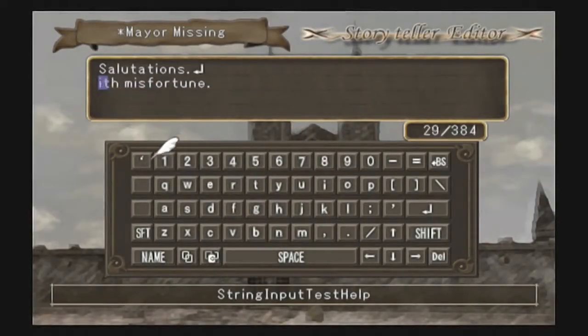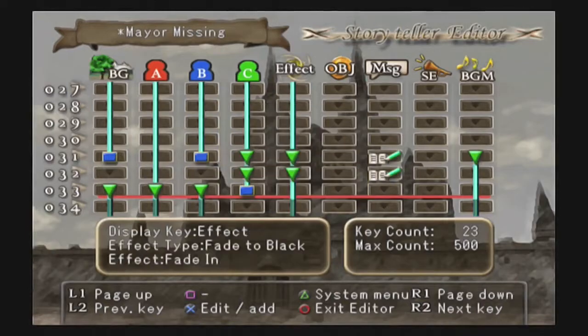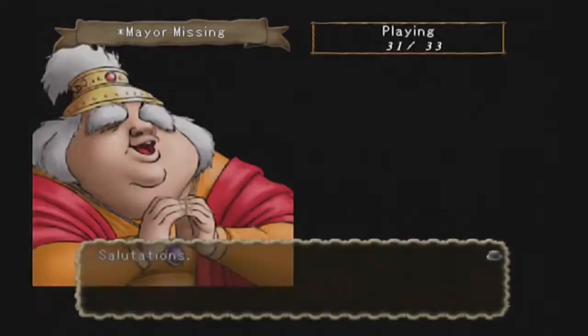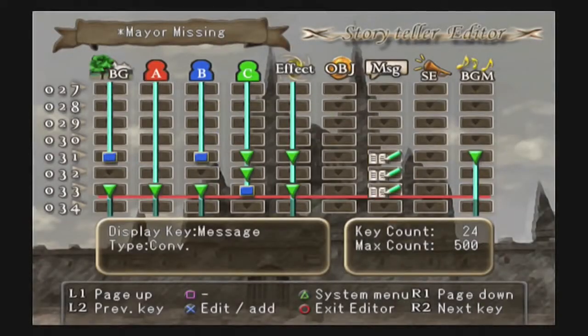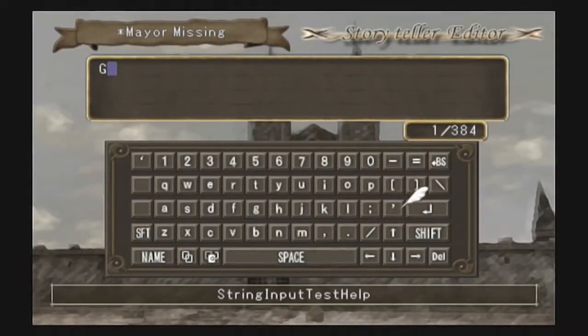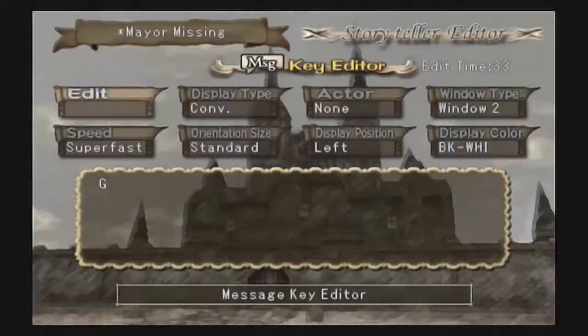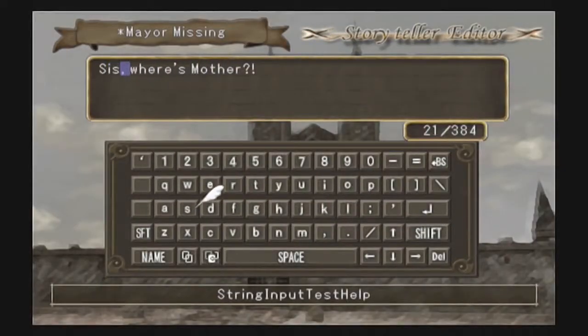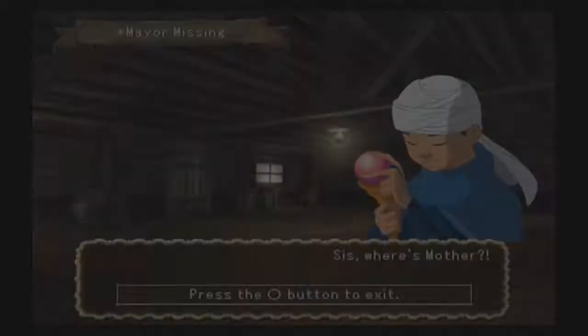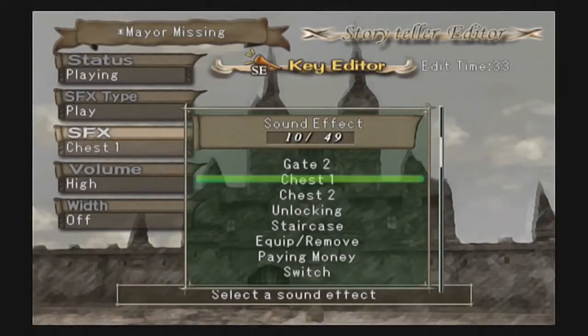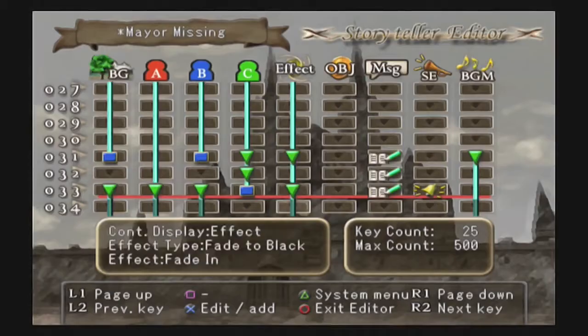See, with RPG Maker 3, you can't really control character interactions or put too many characters on one map or simulate something that feels lively. Everything on the standard maps of RPG Maker 3 feels like a ghost town. Even if you put characters on the map, it doesn't feel like it comes to life all the way. So that's where Storyteller comes into play for me, is that it allows you to simulate some bit of life